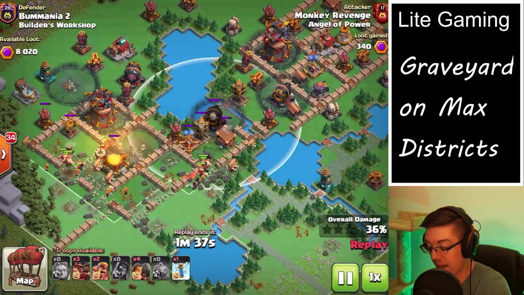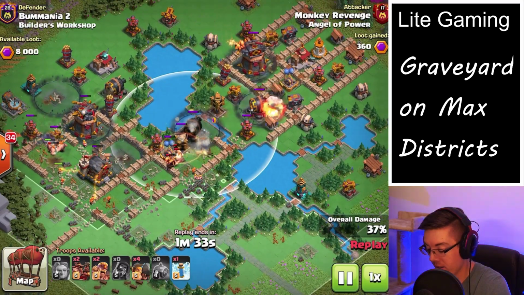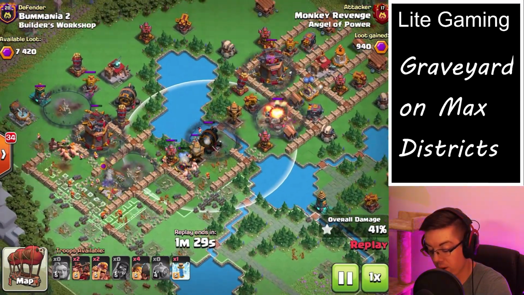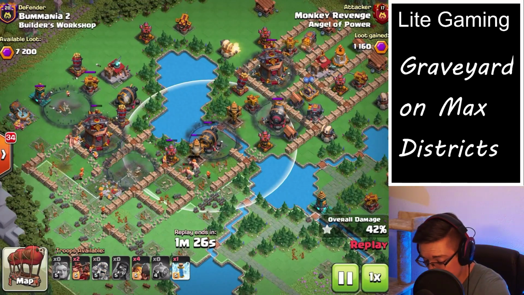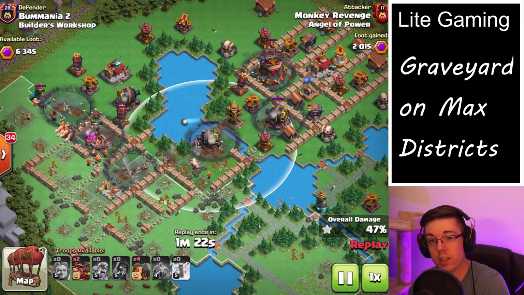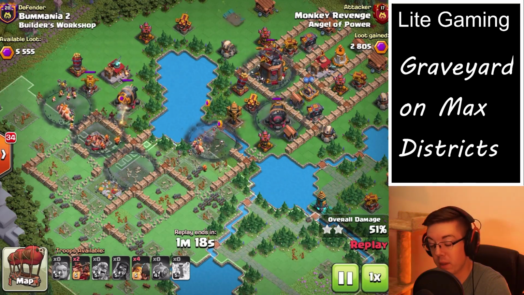But not these guys. These guys are maxed out, and yeah, it's kind of crazy the difference of the graveyard spell. So it seems that if you are still trying to 2-shot districts when you're fully maxed out and fighting a maxed out base,